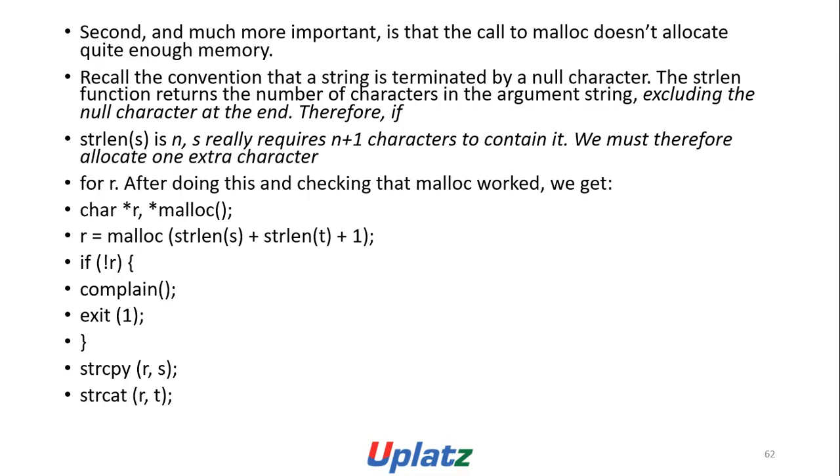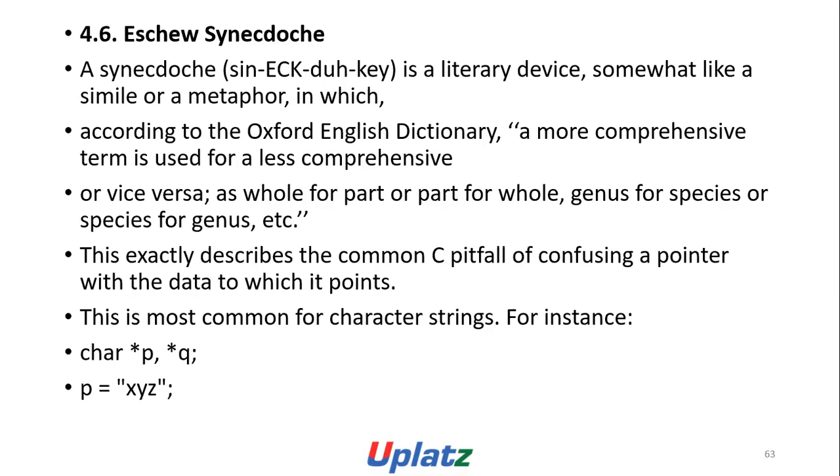We must therefore allocate one extra character for R. After doing this and checking that malloc worked, we get char *r, *malloc(); r = malloc(strlen(s) + strlen(t) + 1); if (!r) { complain(); exit(1); } strcpy(r, s); strcat(r, t);